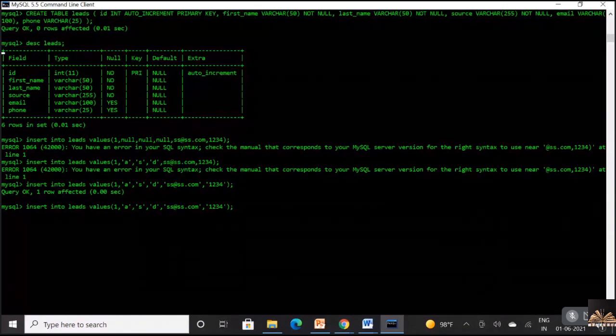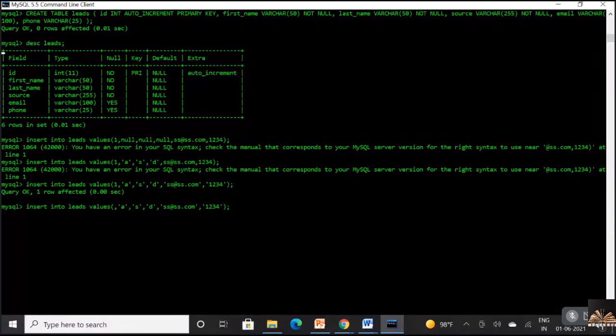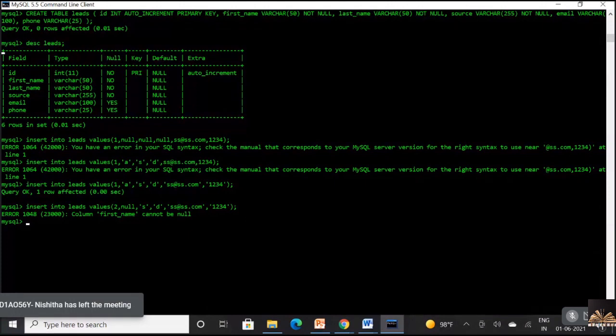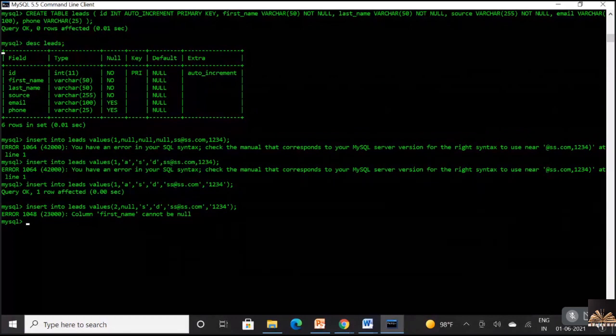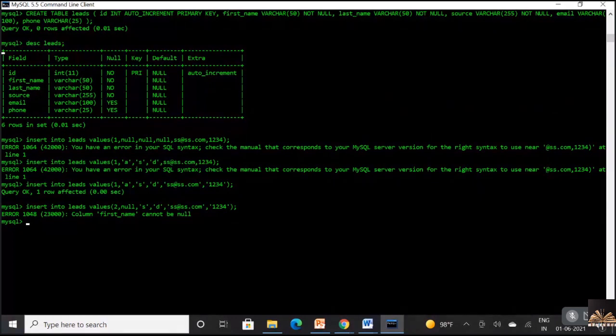Now here what I'll do is, I'll take 2. See, column first name cannot be null. Because I have explicitly taken that as not null, I cannot give a value null to that. But instead of that, I can give the other one as null.